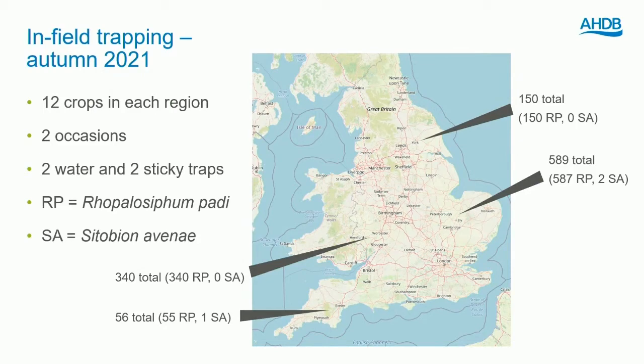So 150 aphids were found in those water traps in Yorkshire, 589 in the east, 340 in the West Midlands, and 56 in the southwest, which is an average of 3 aphids per trap, although obviously some traps had a lot more aphids than others. I think what this indicates really is that putting out traps in fields is a really good way of monitoring your pressure, because